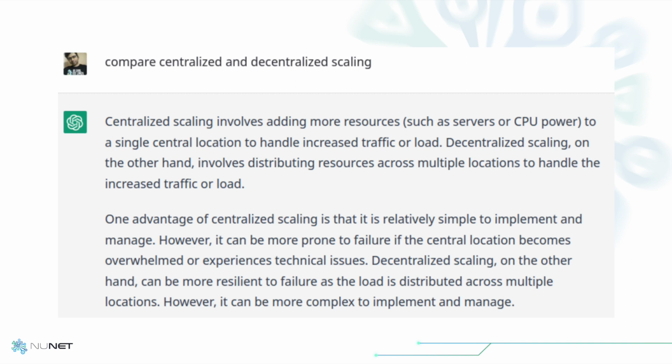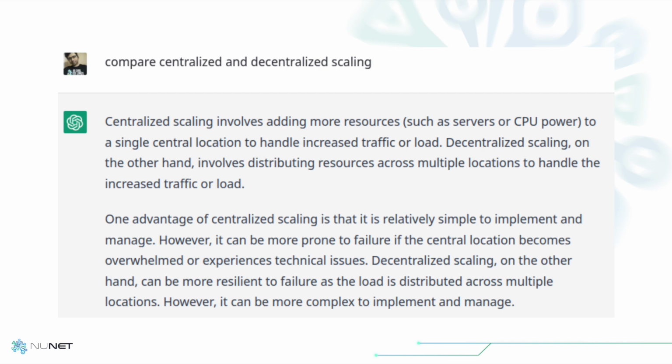So this is what is happening with ChatGPT right now. Most of the time, you'll see that orange message hovering on the top. So it is basically that central location is becoming overwhelmed and experiencing those technical issues due to a lot of demand. So when it comes to decentralized scaling, you see that it can be more resilient to failure as the load is distributed across multiple locations. However, it can be more complex to implement and manage,